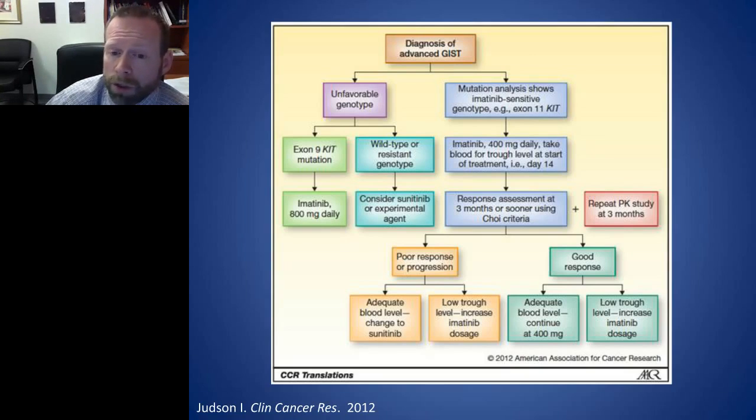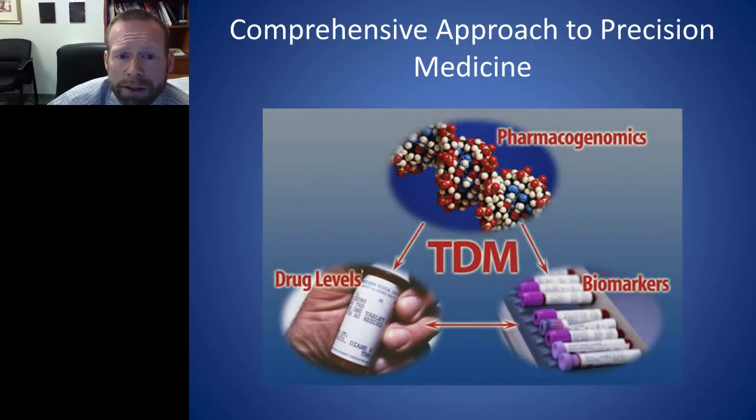Regardless of the reason, if this is a disease the patient is going to live with for an extended period of time, you want to make sure that they're taking the medicine the way that they're supposed to. And so this fits into a bigger idea, which is, I don't think it just fits for imatinib or for 5-fluorouracil. There's a way that we can use these tools available to us to take a comprehensive approach to precision medicine